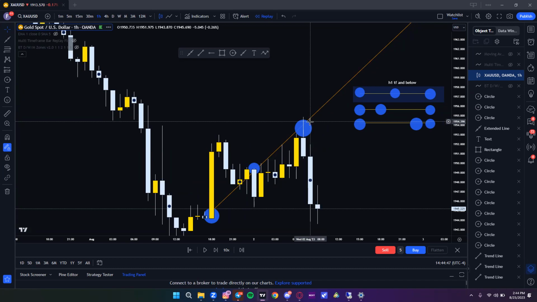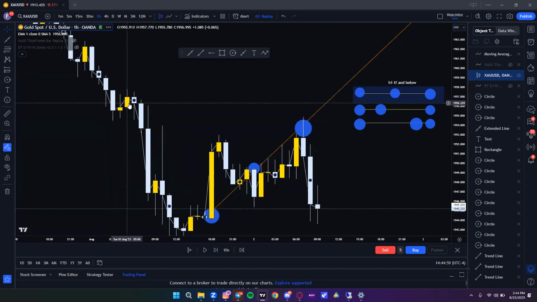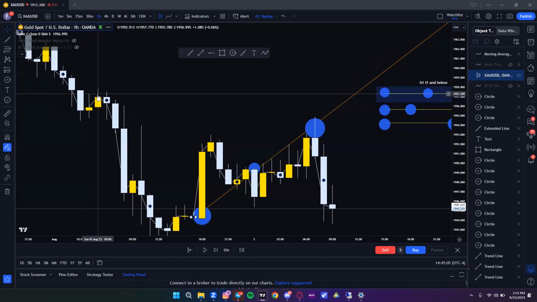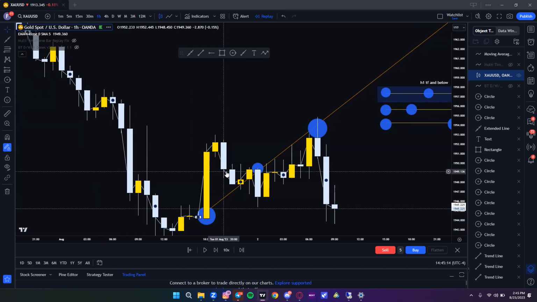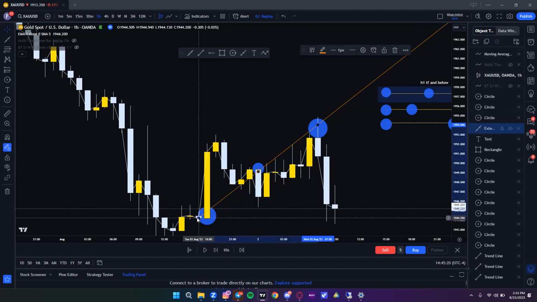For H1 and below, you want to be a little bit strict with your placement. And I have the moving average on my chart. So what you can do is put a moving average with the period of 1 on the close. What that's going to do is track every closing of the candle. And that helps when you draw your trend lines because you want your first point and your second point to be connected to the closing price. And then the third price is usually going to be,